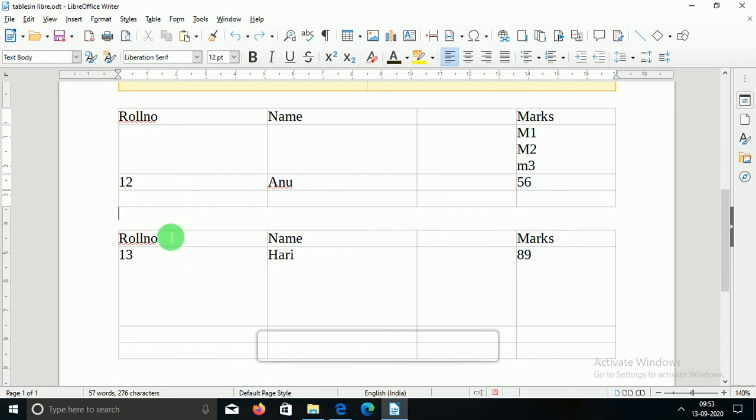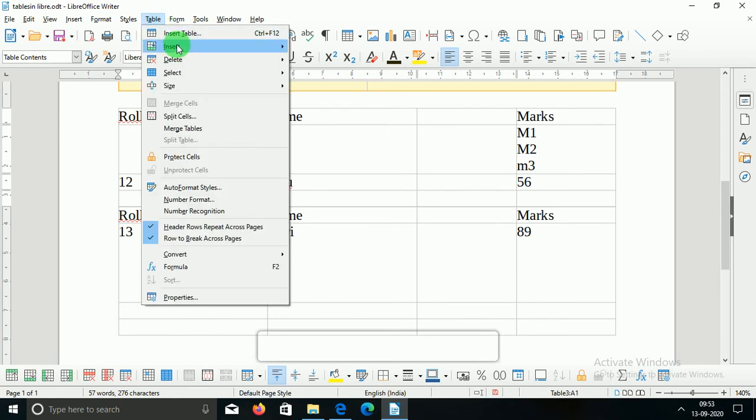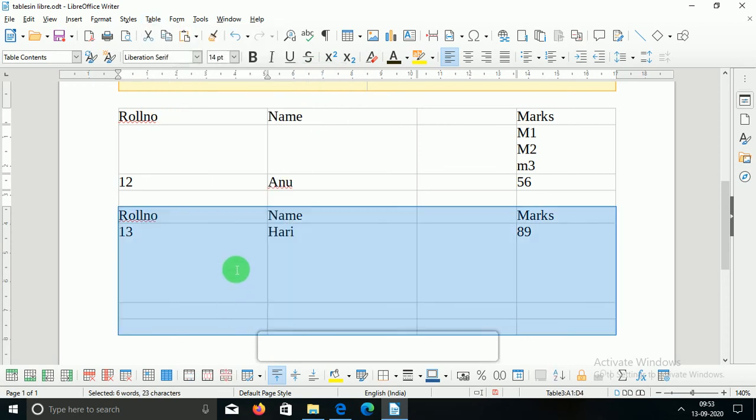Now to merge these tables, just delete the paragraph between these 2 tables and you have to press the Delete key and not the Backspace. I press the Delete key and the space between these 2 tables is now removed, but still they are not merged, okay, because if I select this table, it will select only this table, not this table.